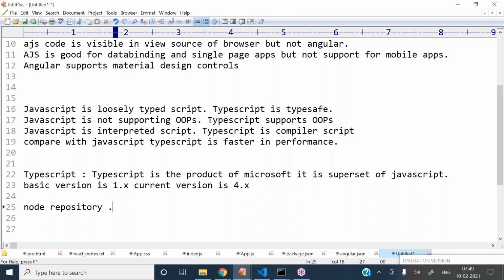And the next point: here we are discussing TypeScript. After TypeScript, we will start the Angular concepts. Here we will discuss API service calls, how to work with API services, and also server-side interactions.